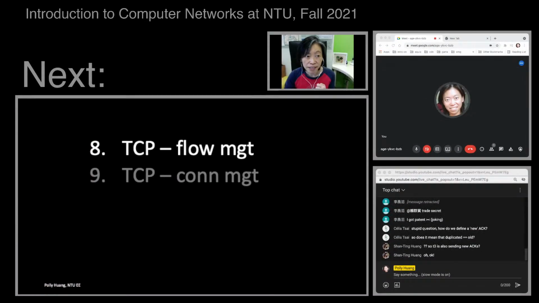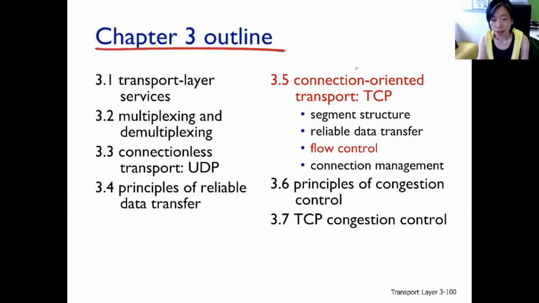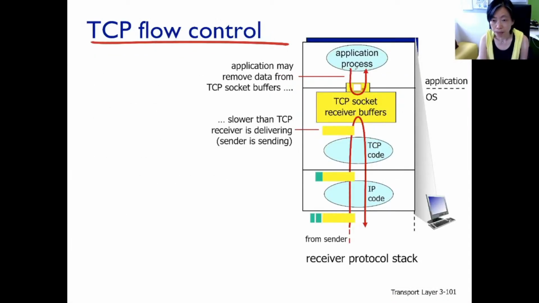The next topic is flow management, or flow control, and that takes us to the flow control of TCP. Allow me to explain. So this is again the protocol stack: the application layer, transport layer, and the network layer. A packet is coming in from below like this. The network layer is going to pass the segment to the TCP receiver right here. If everything is okay, the TCP receiver is going to extract data and pass it further up.